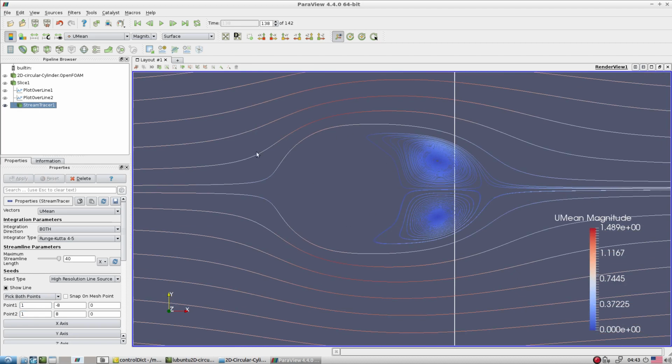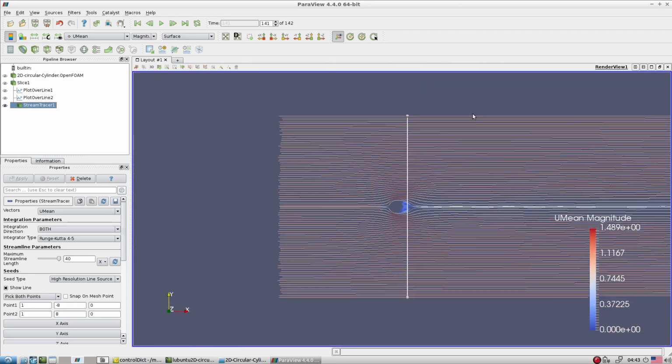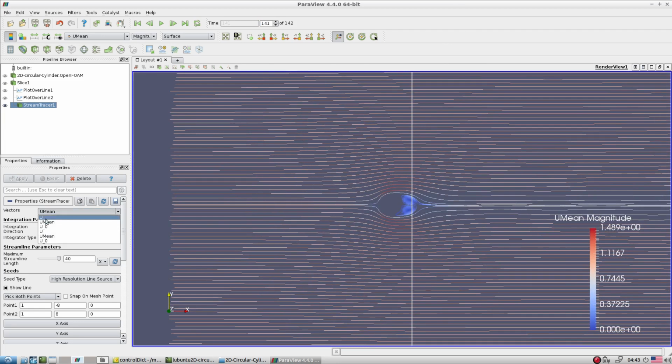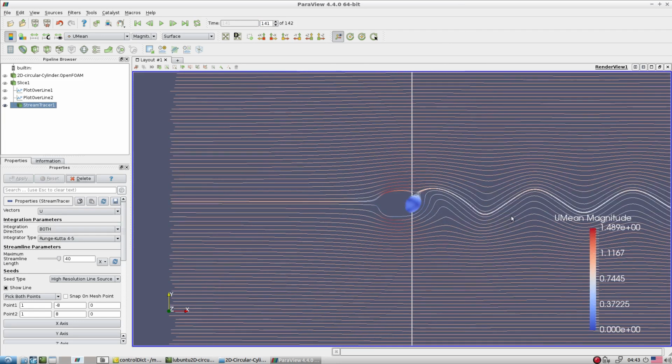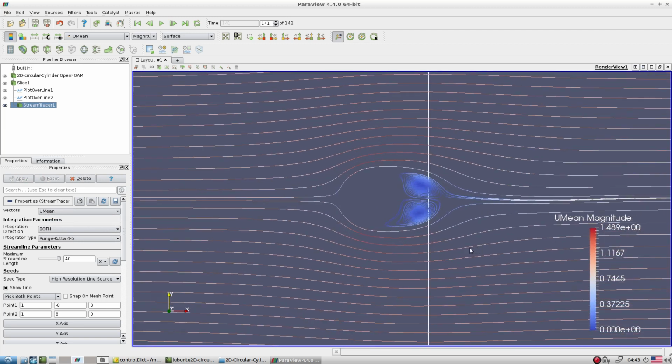bubble behind the circular cylinder, and over iterations, when you change it, it is not supposed to change. So if it stays like that, then we say whatever averaging we did is correct averaging. This is time averaged, and if you want instantaneous, just switch here. This is the instantaneous. So this is how one can see the different post processing in ParaView. Normally people do instantaneous streamline and contour plots, time average streamline and contour plots, vorticity plots, along with the line plots I showed you at different locations, and try to compare with the available literature. So this is how you can explore this tutorial.